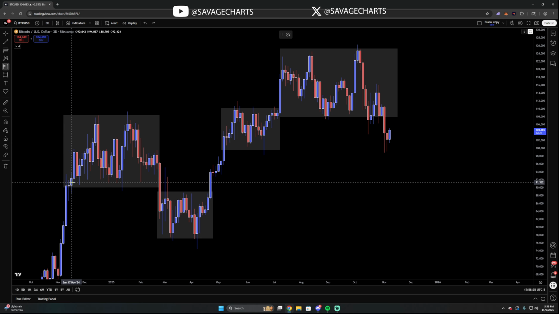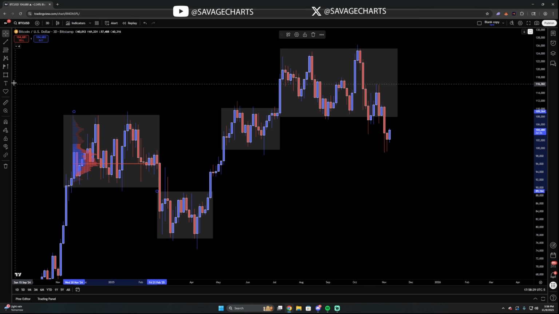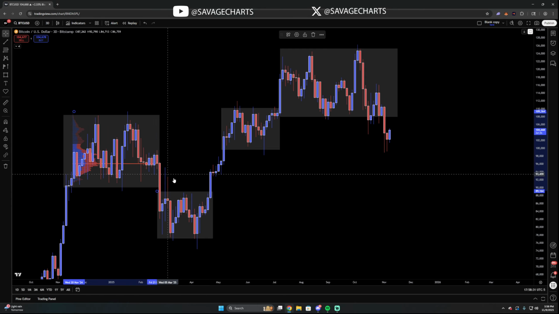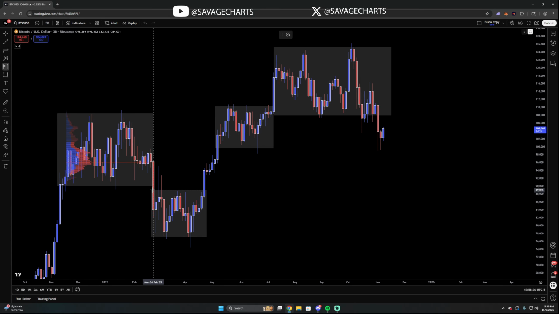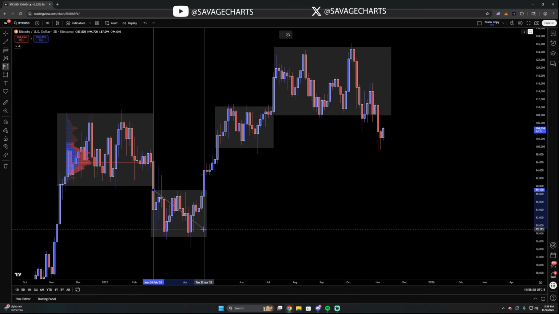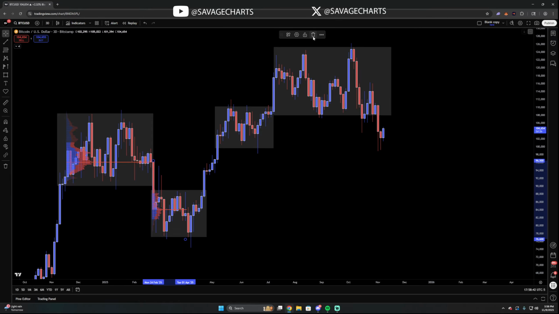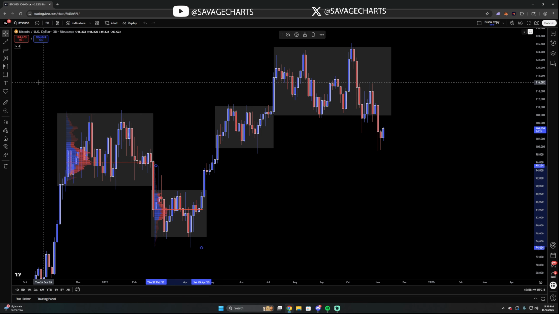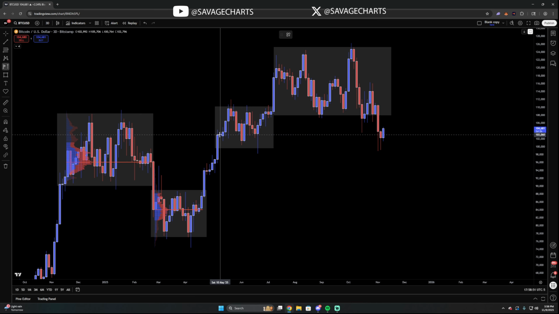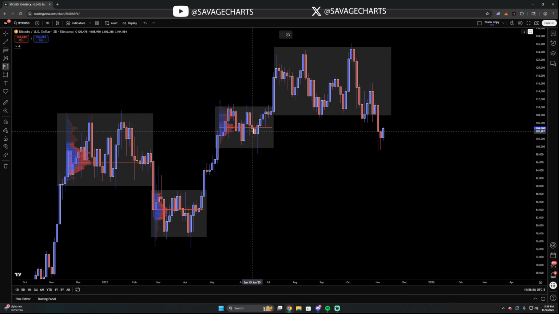But yeah, anyways, fixed range volume profile. This will give you a good idea of the point of control of these little boxes. So I'm gonna go ahead and do this for each one of these right here. You're not trying to get these big candles when we enter them. You're just basically trying to get the candles that are in that range. So boom. And then we have, good. Then we have